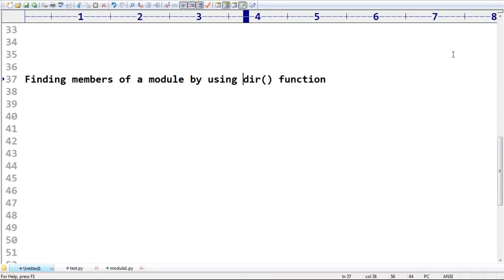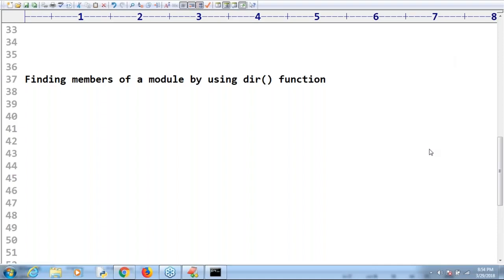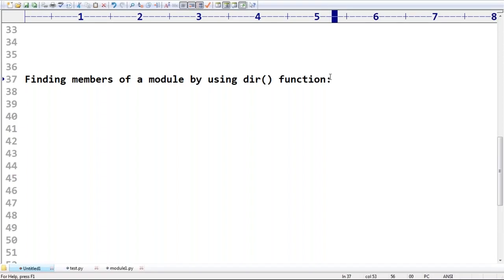Sir, how can you do that by using this dir function? Very simple, sir. Python provides an inbuilt function dir to list out all members of the current module or a specified module. Suppose I'm using dir. If I use dir, am I passing any argument?